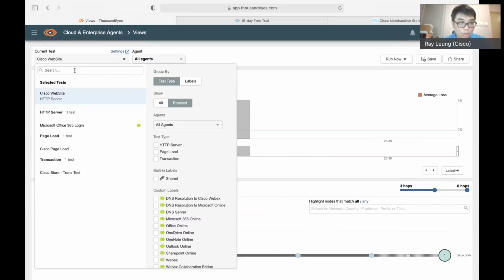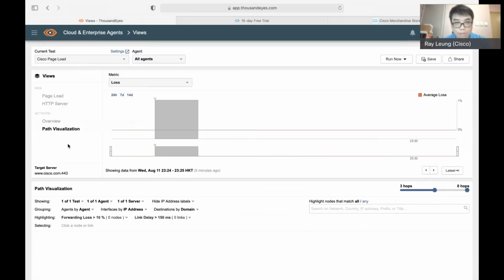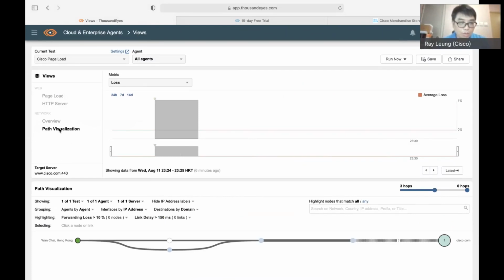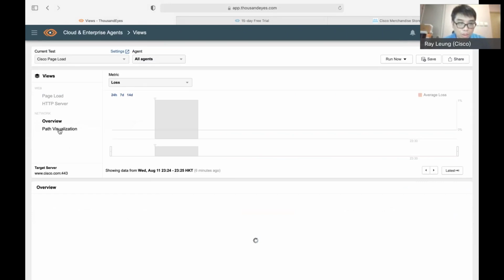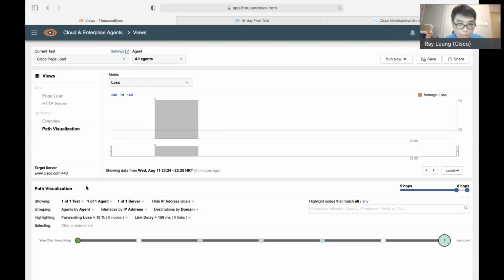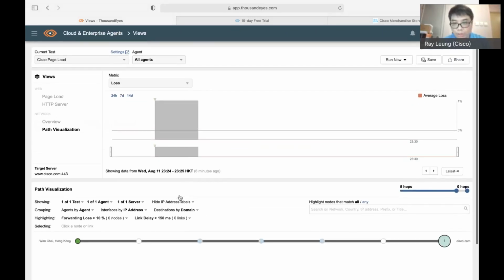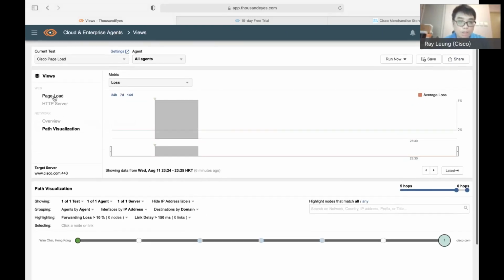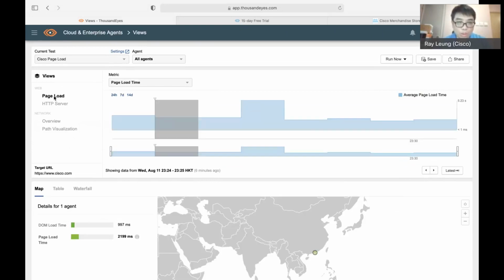So just go to the page load test. As for the page load test, I think the last two should be similar, because we go in the same direction from the same data center. So we just focus on the page load. For the page load, you can see the variance. Sometimes it's around 1,000 milliseconds for the DOM loading time. This page load time is 2,000 and something. The biggest one, the biggest latency for the page load, is